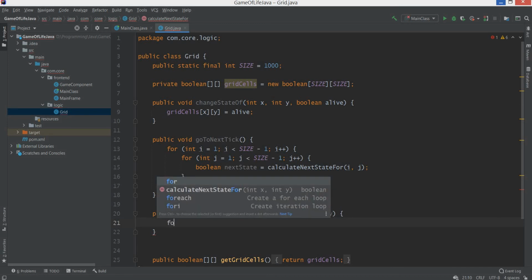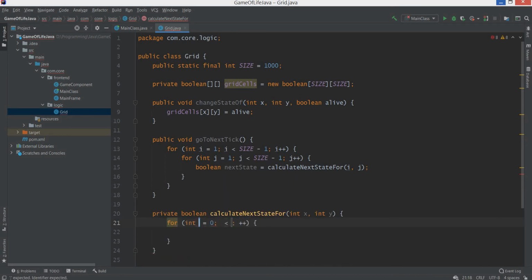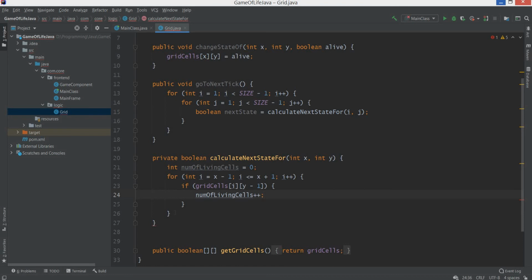So we can do it like this: for i, from i is equal to x minus 1, i is less than or equal to x plus 1, and we want to have an integer, num of living cells, equal to 0 initially, and if grid cells of i and y minus 1, if it's true, we want to increment num of living cells. Yeah, and the same should go for